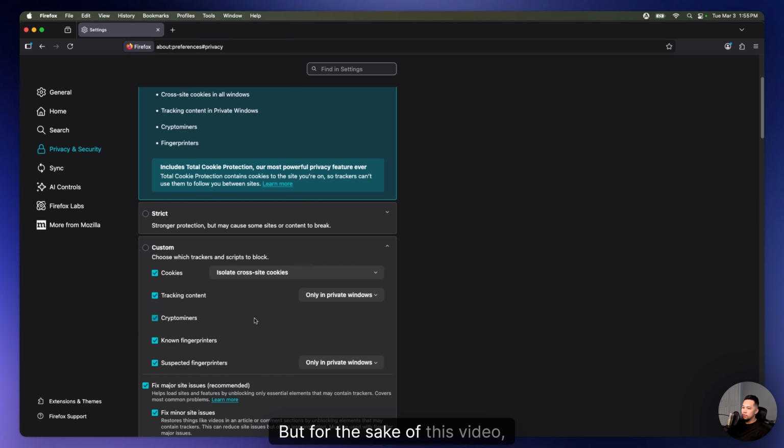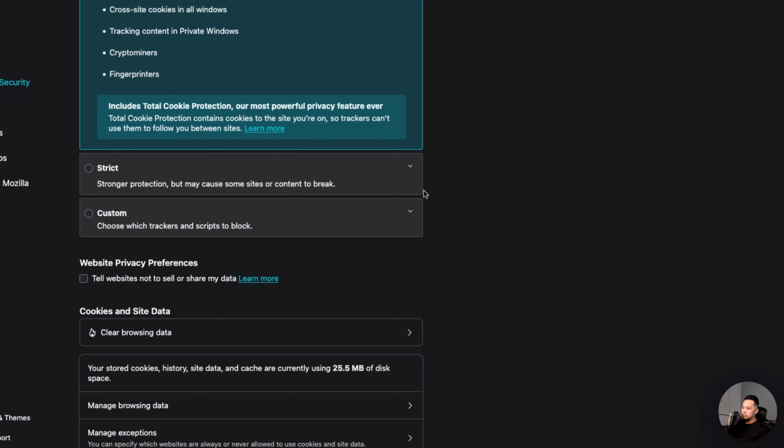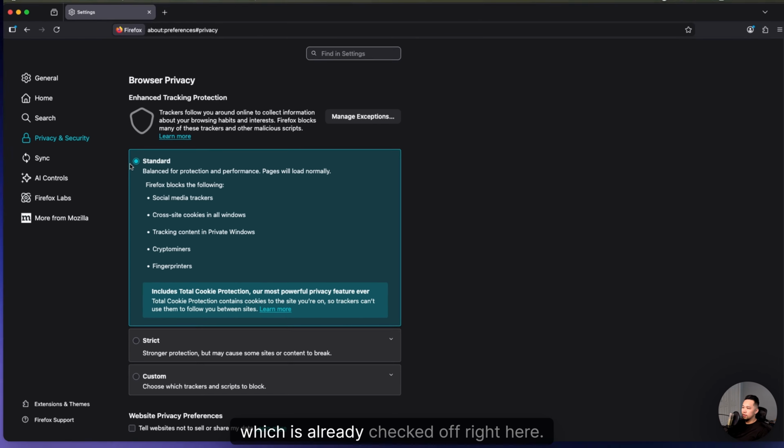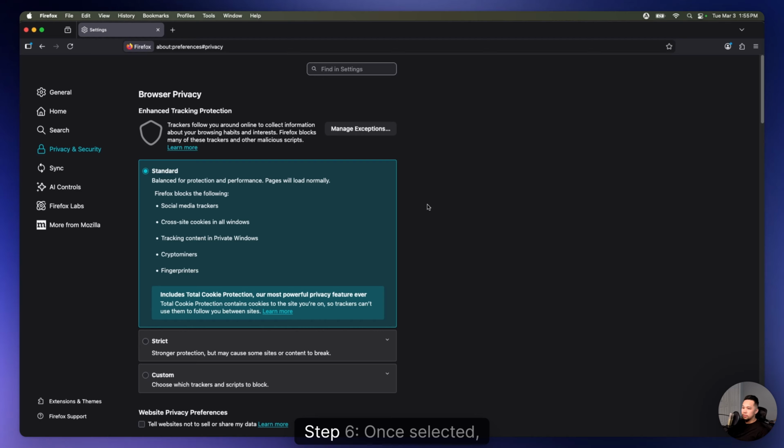But for the sake of this video, we're going to stick with the standard option, which is already checked off right here. Step 6. Once selected, Enhanced Tracking Protection is now turned on, and that's how you turn on Enhanced Tracking Protection in